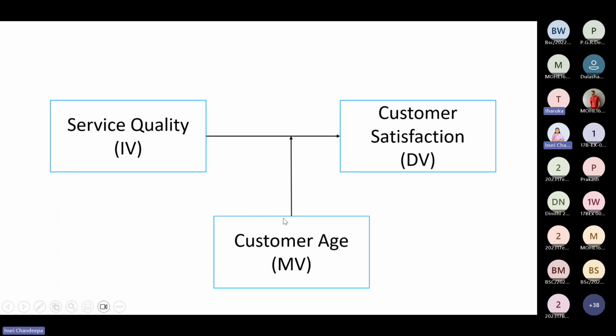The customers below 30 are highly satisfied, because the hotel is providing new food and beverages. Those between 30 and 45 are at a moderate level. But those above 45 are dissatisfied. What happened? Customer age